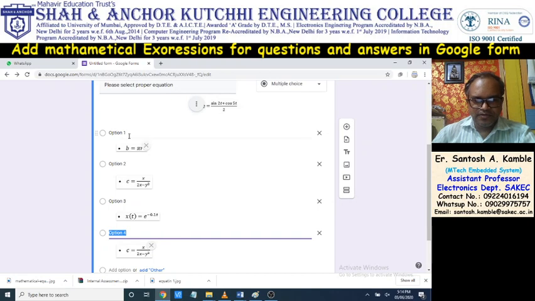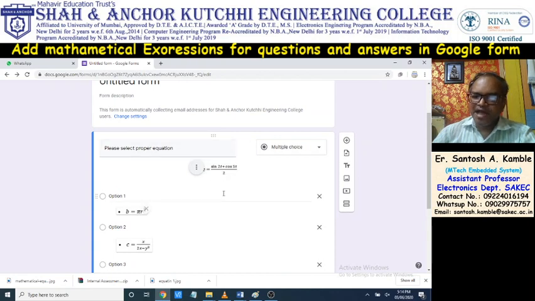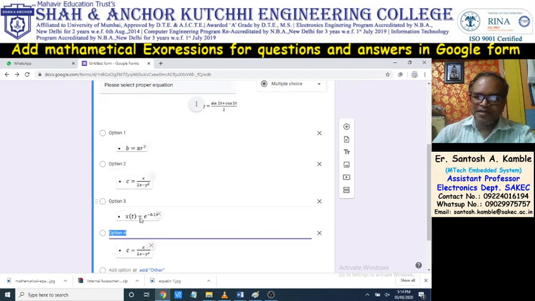Then these are my options, answers in equation: option 1, option 2, option 3, option 4. This is my question. In question you can add an image, in answer you can add an image.